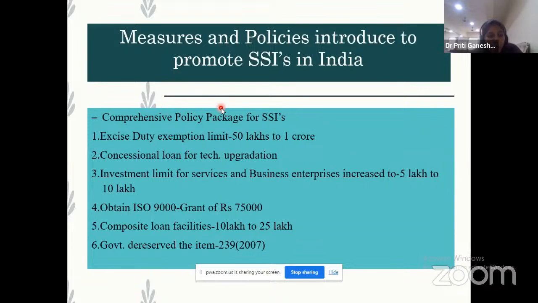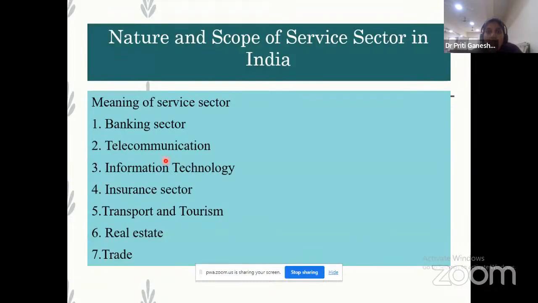Again, I am telling you, it is a bit complicated to read, but if your answer is very lengthy, don't write a lengthy answer. Cover 6 to 7 points only and try to write in an explanatory way. Focus on only 7 to 8 points, not more than that. But whichever points you write, put good content in them, explain them well, add data, and you will score very good marks. So this is the so-called comprehensive policy package. The main points I gave you, you just have to read these. All these points are important and are expected in your answer.